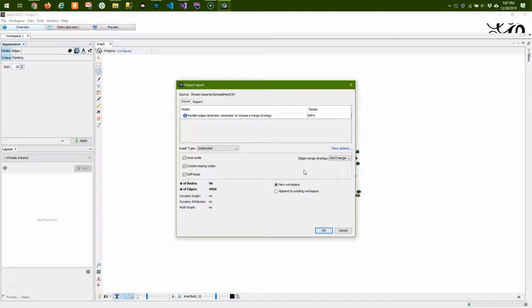Choose a merge strategy. Edge merge strategies: don't merge. This is because one person worked with a client for more than one time period. So we don't want it to get rid of all of that detail for us. Very important, append to existing workspace. And it should